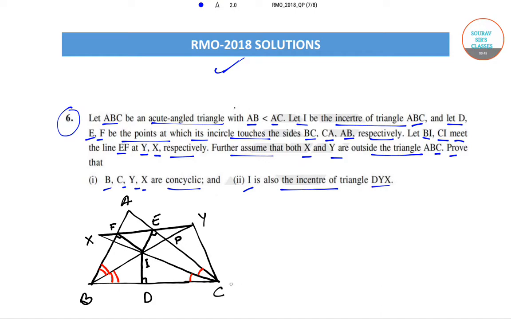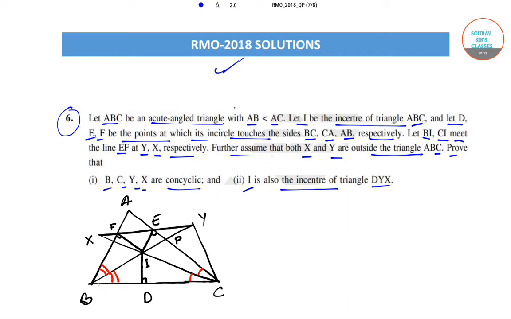So we have ABC as has been shown in the figure. I have drawn this figure. It looks very crude, but nevertheless it will serve the purpose. So we have the triangle ABC, which is an acute angle triangle, and we have AB less than AC as shown in the figure. Now I is the incenter of the triangle ABC, and D, E and F are the points at which its incircle touches the sides BC,